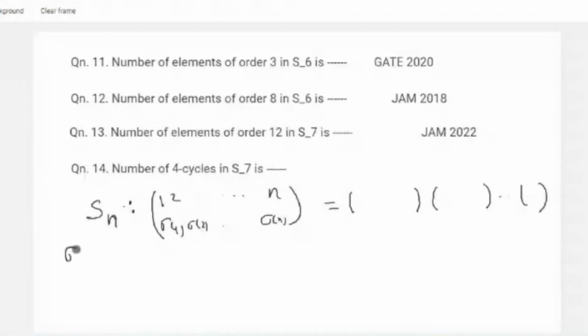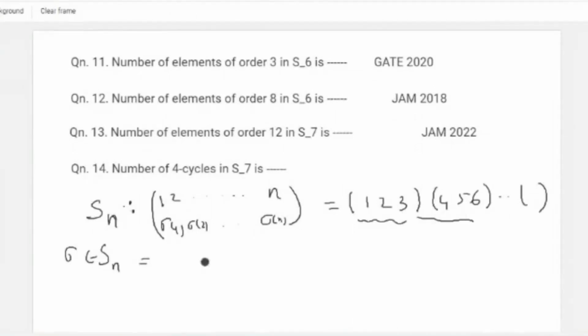Suppose there is one cycle, it is 1, 2, 3, 4, 5, 6. Okay, so there are cycles of the same length. So you just write down the structure of sigma like this: L1 raised to N1, L2 raised to N2, etc., Lr raised to Nr. This means sigma is a product of